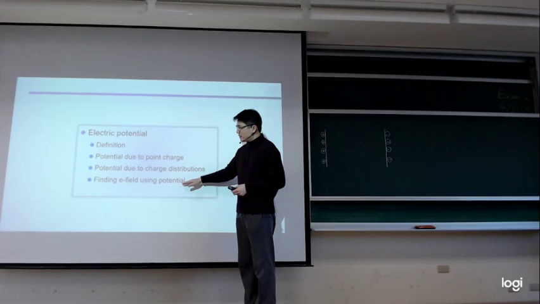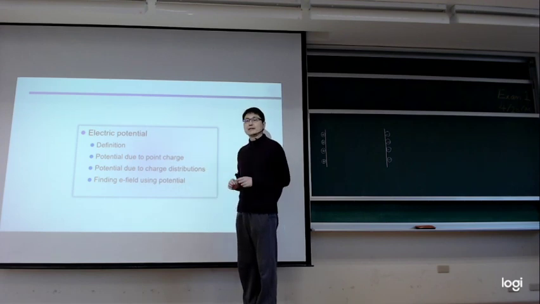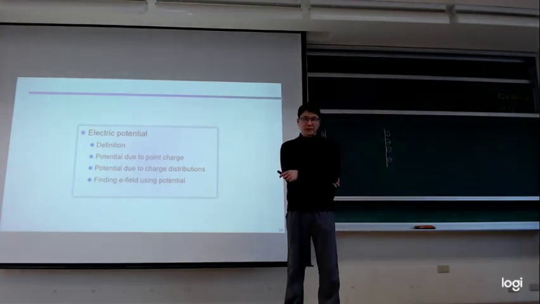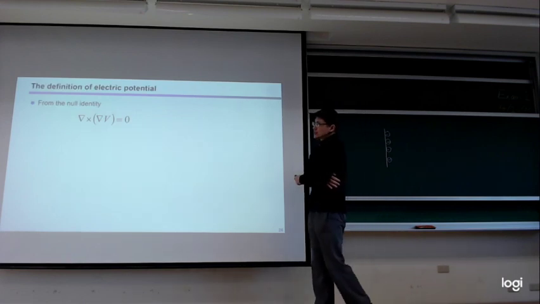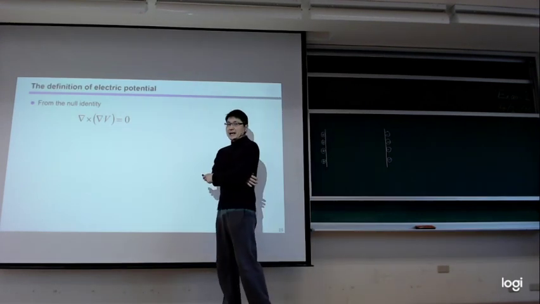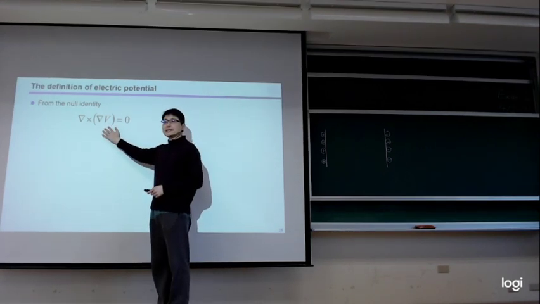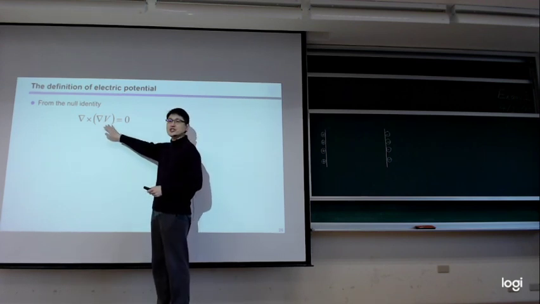Then I will talk about the strategies in finding electric field intensity, the general rule, and then we can talk about more details about electric dipole, right? So, the definition of electric potential actually starts from one of the null identities we covered for vector analysis. If you still remember, well, examination is coming in 1 week, so this is a good chance for you to